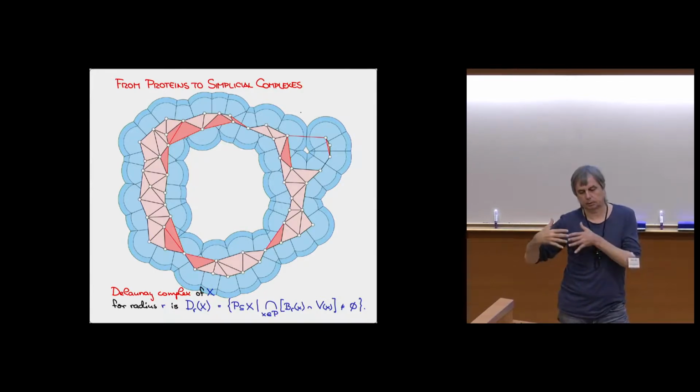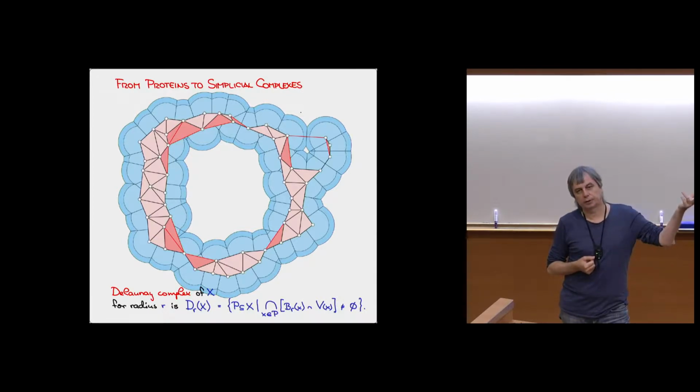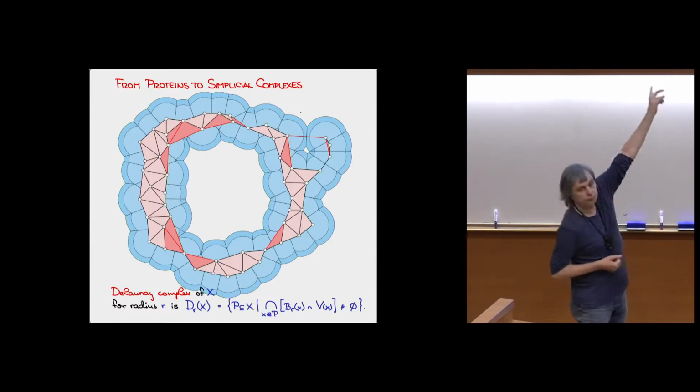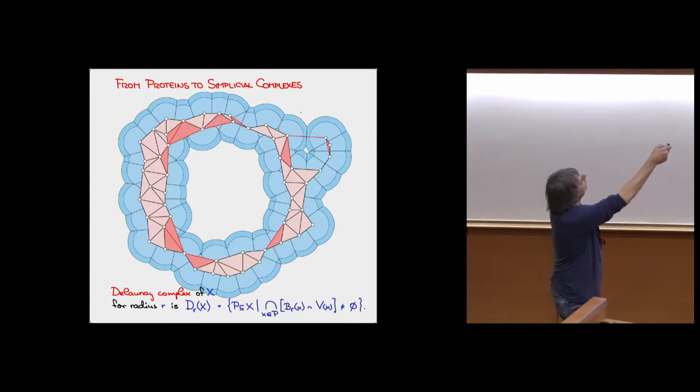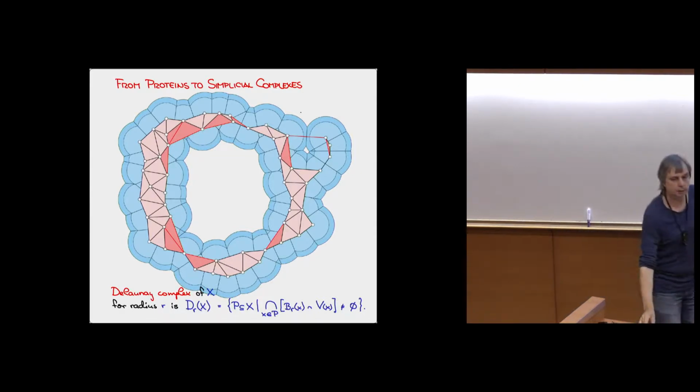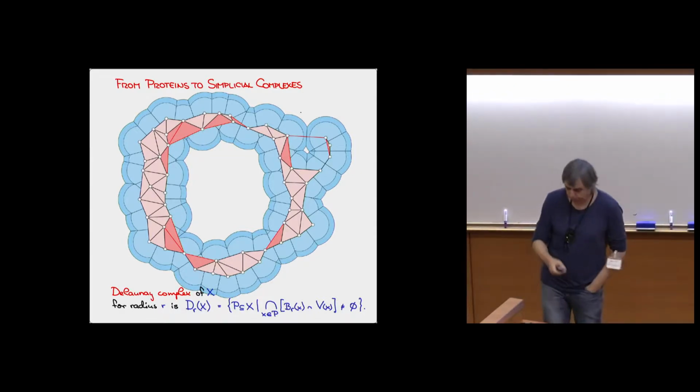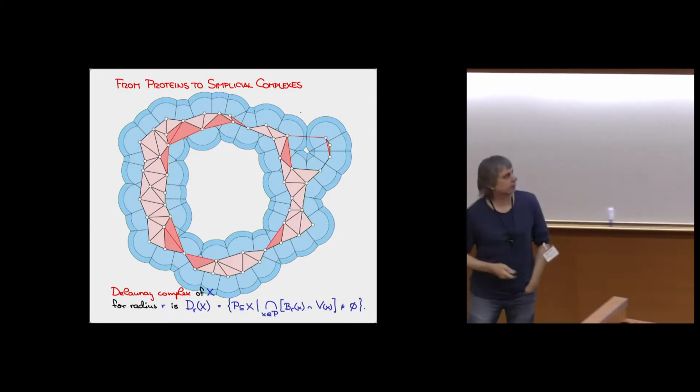Simplices are added by anti-collapses. Anti-collapses do not change the homotopy type, which means the global connectivity. And sometimes a simplex comes by itself, like an edge. When an edge gets created, in this case, it forms a loop. So here I have a little hole in my union of disks, and I have a hole in the alpha complex. Sometimes when an edge gets in, it merges two components. But we'll see about this later.